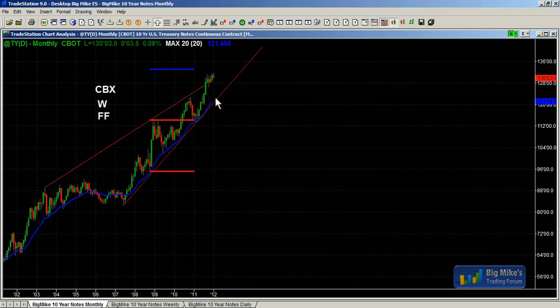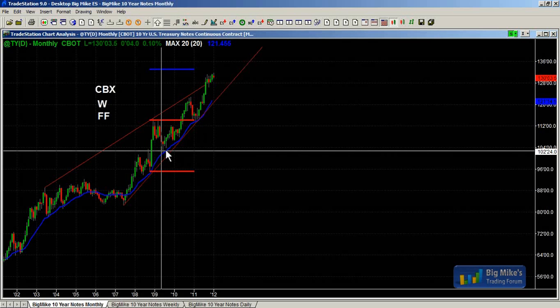The moving average is above the trend line, so it has to get to the moving average first. When it hits it, it probably will be above this high from 2010. So the first target would be the moving average, and then the next support below that might be the trend line, might be that high. Ultimate target would be two legs down at a minimum, and probably all the way to the bottom of the wedge, which would be this low back here in '09.